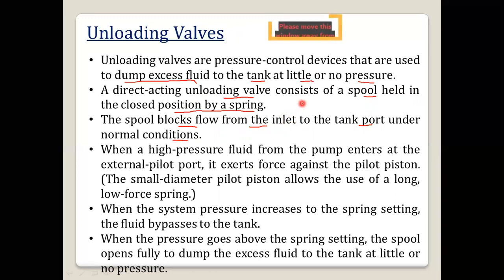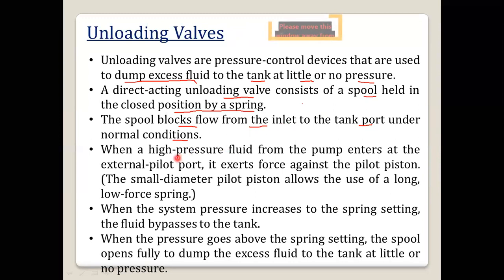So we have seen the pressure relief valve. The pressure relief valve is a normally closed valve. Then the pressure reducing valve is an open type valve, because its first position is open. And whenever the valve setting pressure is reached, the pressure reducing valve will get closed. So now what is the unloading valve? It is closed. Again, it is a closed type valve under the normal condition.